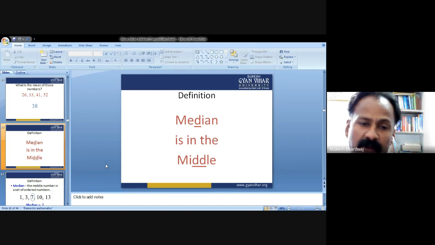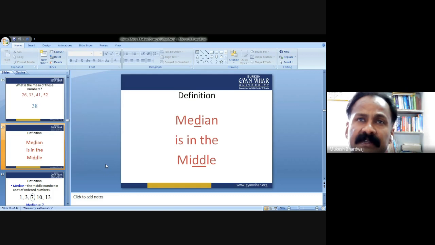Exactly, if you count from both sides, you find that the fifth is in the middle position. And whatever number or data is at the fifth position, that is your median after arranging the data in a sequence. Okay, when you arrange the data in the sequence from lowest to highest, and you find that this position is in the middle, the number which stands on the middle position is known as the median.